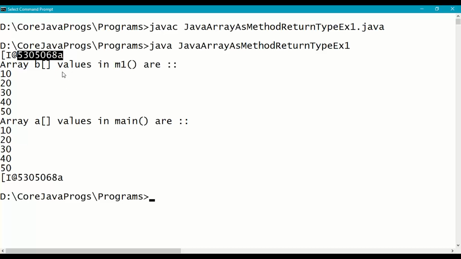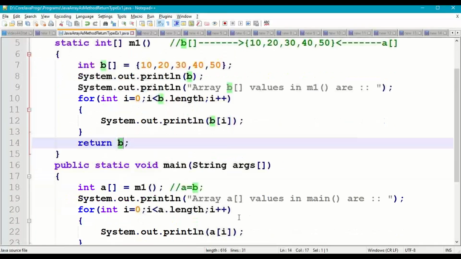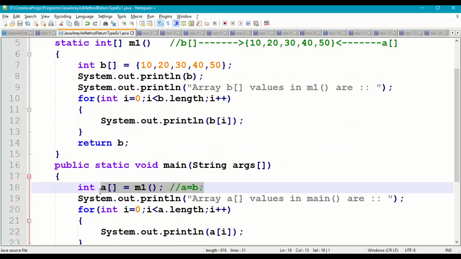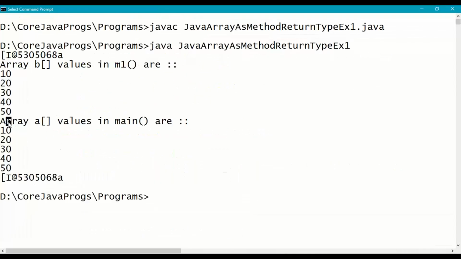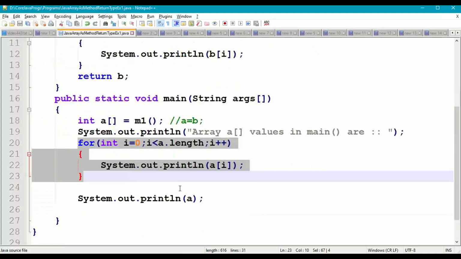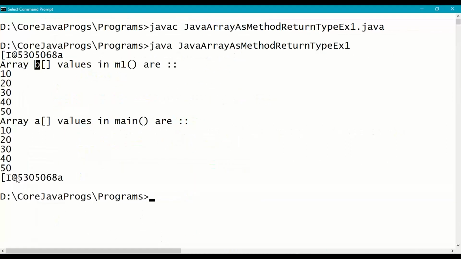Now when we say return b, this b will be assigned to array a in the main method. In the main method, the values of array a are 10, 20, 30, 40, 50, because both array a and b are pointing to the same array values in the memory, because array is an object. An object contains an object reference code. And when you print array a, it will print the same reference code of b array, 5305068A. So both are referring to the same array values in the memory.